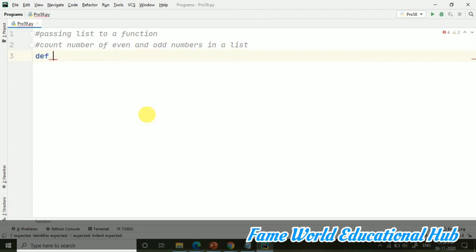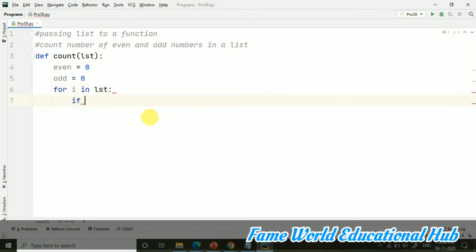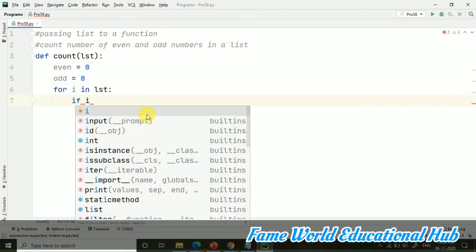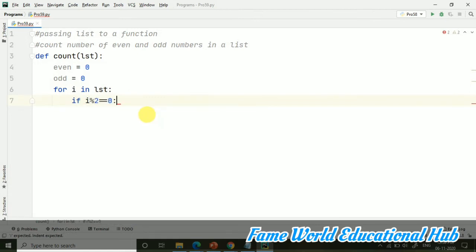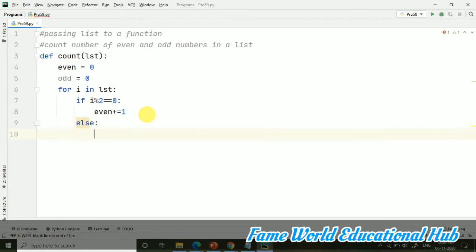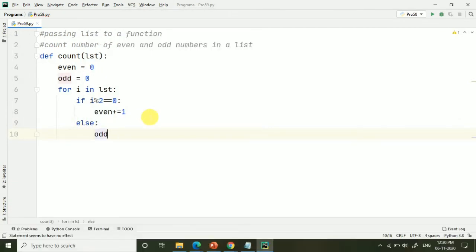So let's do that. I have taken a function count, and here I have taken lst, that's just a variable, and here I am taking even equals 0 and odd equals 0. I have initialized these variables. Then for i in lst, so we'll go for the loop. For the even, I am taking the condition if i mod 2 equals 0, then even plus equals 1, else odd plus equals 1.